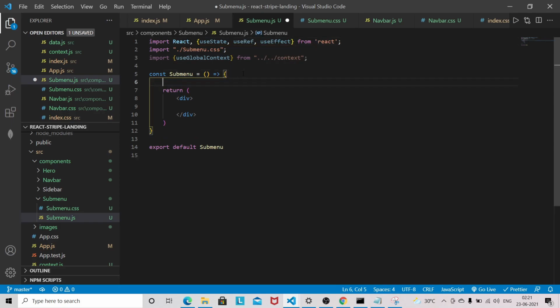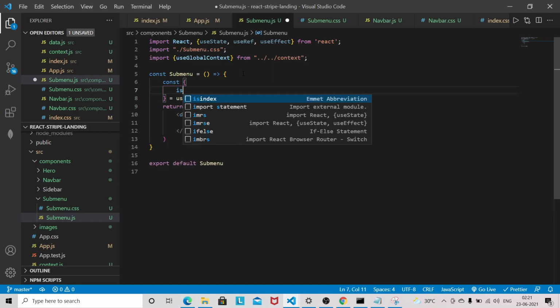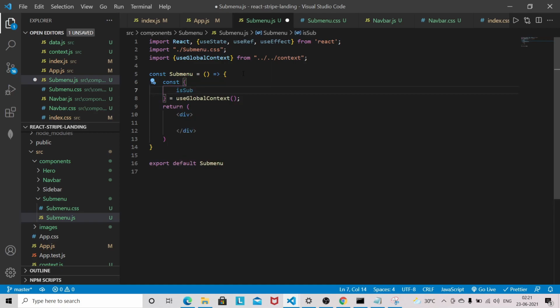Let's start working on the submenu component. So const, and I'm going to destructure from the useGlobalContext, and the thing I will import is isSubmenuOpen.